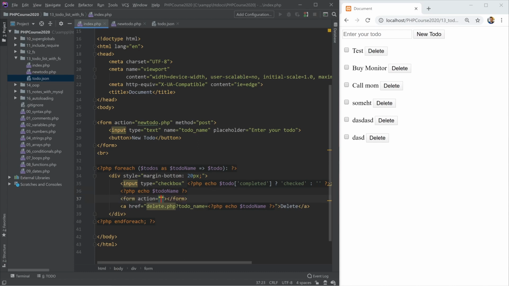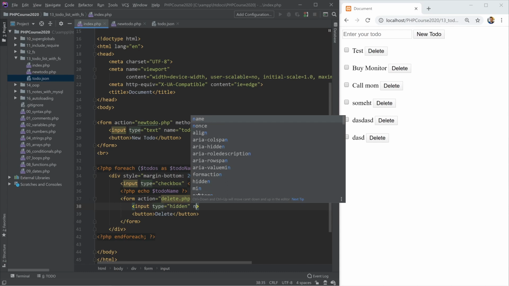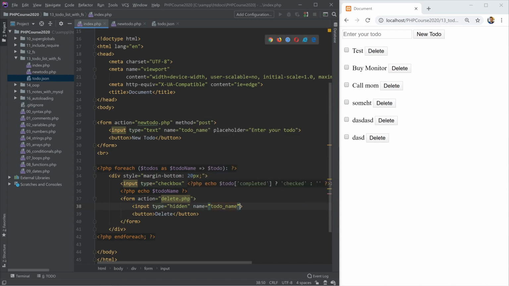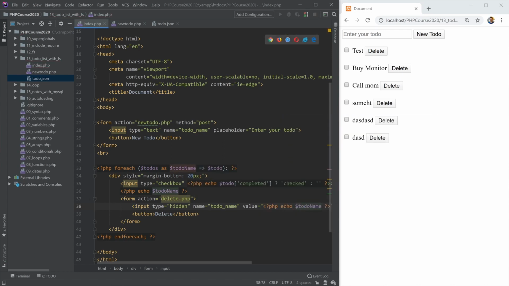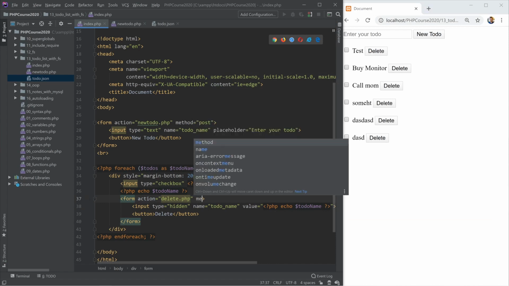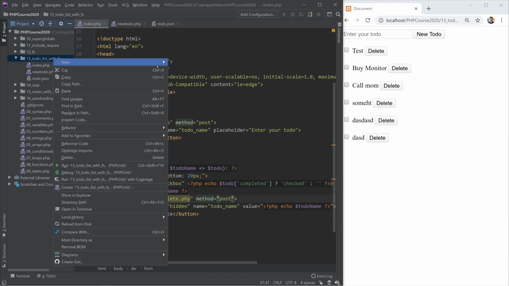So let's create a form for this, which will have action delete.php. And inside the form, I'm going to put my delete button. Also I'm going to create an input type hidden, which will have the name todo-name, and I'm going to give it the value of the actual to-do name. Whenever we click the delete button, that form will be submitted, and let's give it method post. That form will be submitted passing the to-do name to delete.php,